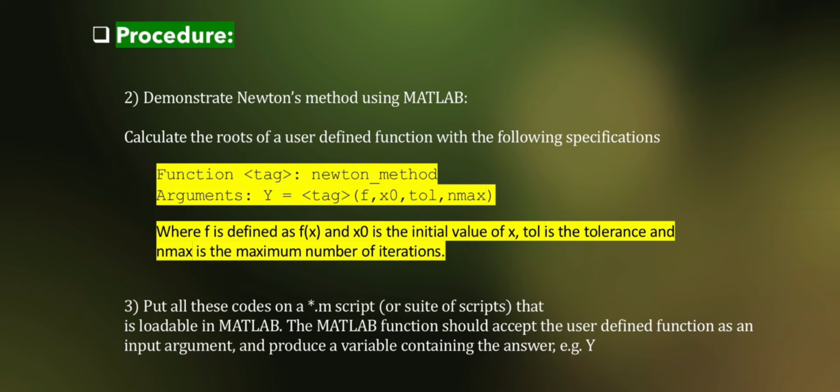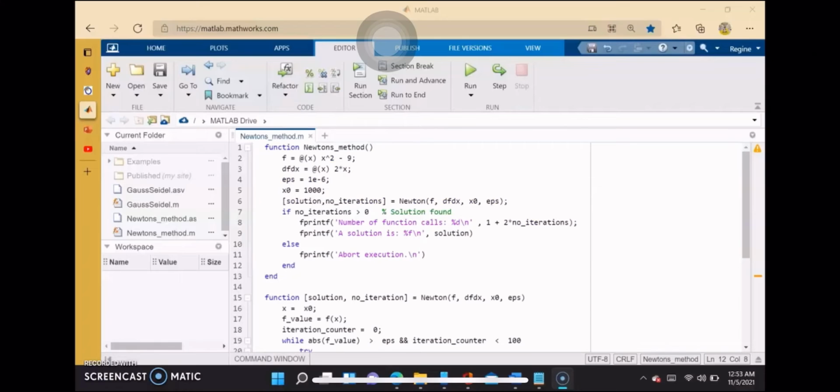Procedure number 3: put all these codes in a *.m script or suite of scripts that is loaded in MATLAB. The MATLAB function should accept the user-defined function as an input argument and produce a variable containing the answer, for example, y. This is my laboratory exercise 4, and I want to write the program for implementing Newton's method